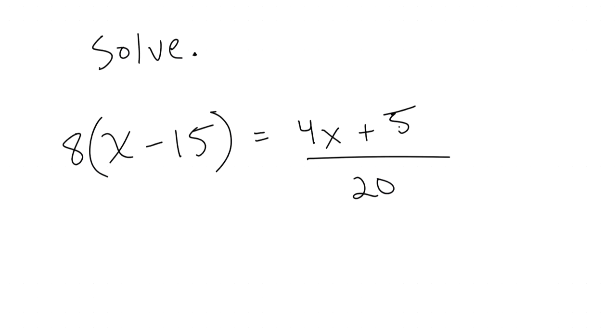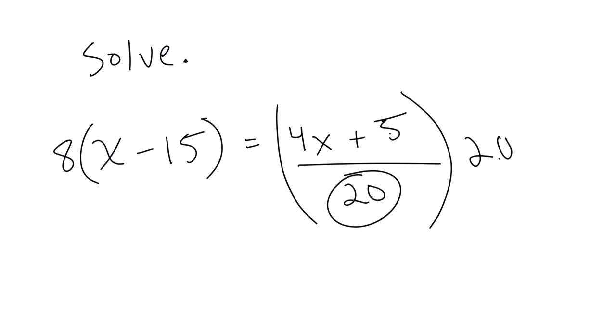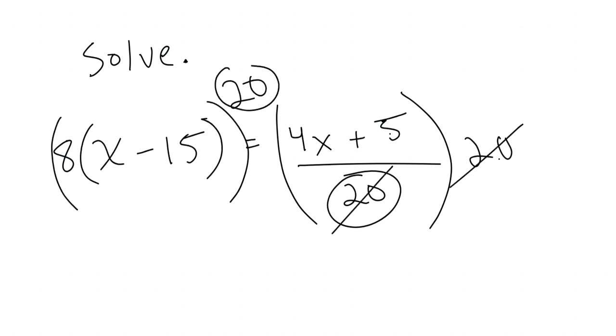Let's go ahead and solve this equation. There are different ways you can start, but I think a good way to start would be to first multiply both sides by 20 to get rid of this 20 over here. So we multiply the right side by 20, we multiply the left side by 20. These 20s cancel out. Then this 20 can be multiplied by the 8. So we're going to end up with 160 times x minus 15